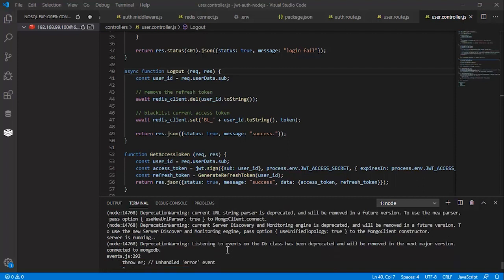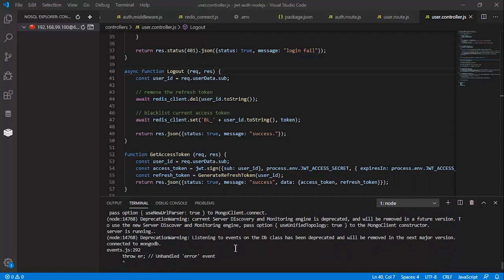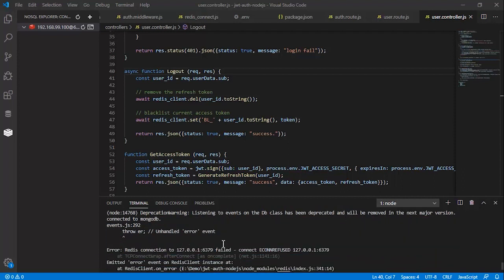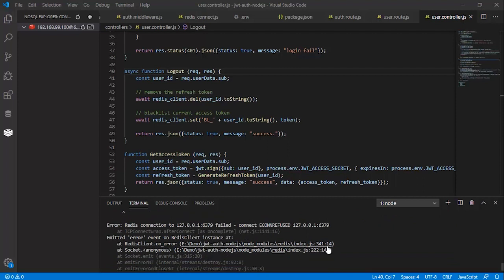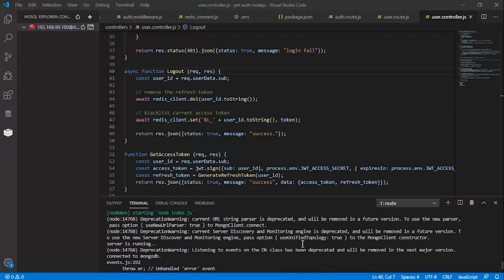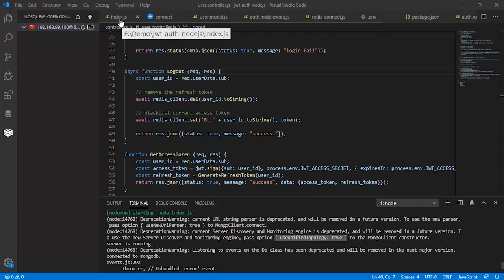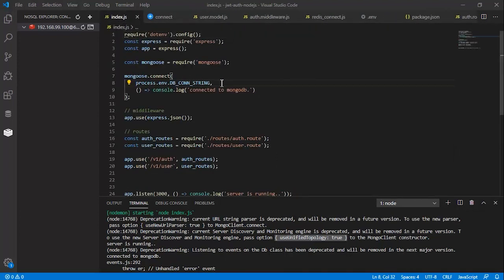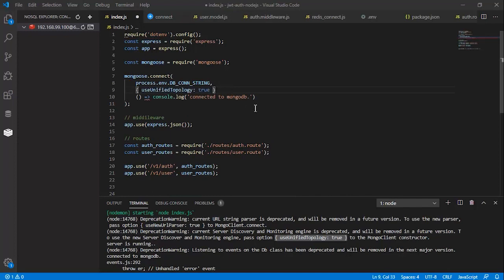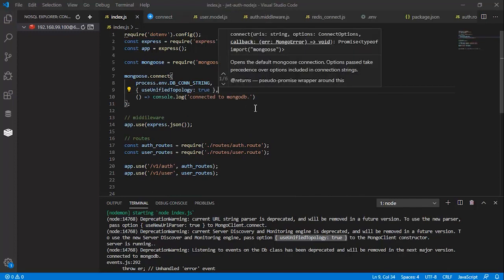Okay, has been deprecated, will be removed events. So we have some issues from the database part, and it's saying to use this thing. So I will just copy this. That's what I was mentioning previously, that you need to put it here, something like that, comma, save it again,